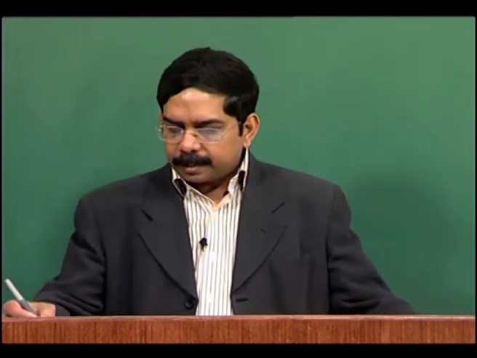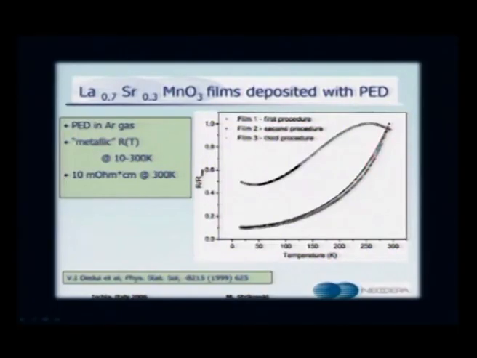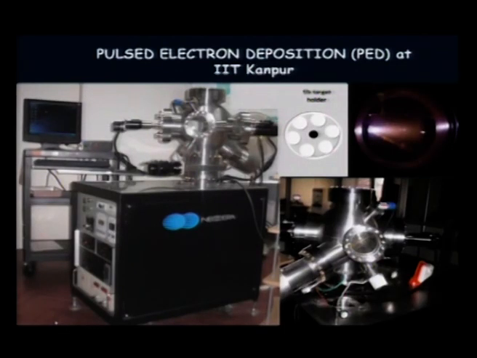Same is the case here, but again it gives you an idea how the metal insulator transition can change with the gas that you use. In this case PED in argon gas gives you a metal insulator transition which is shifted by nearly 50 Kelvin, whereas if you deposit this in an oxygen atmosphere, you get a room temperature metallic film. So we can make even manganite films with ease, and this is the deposition chamber that we have at